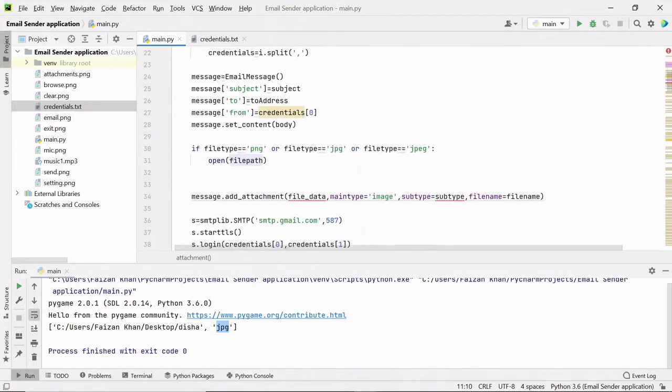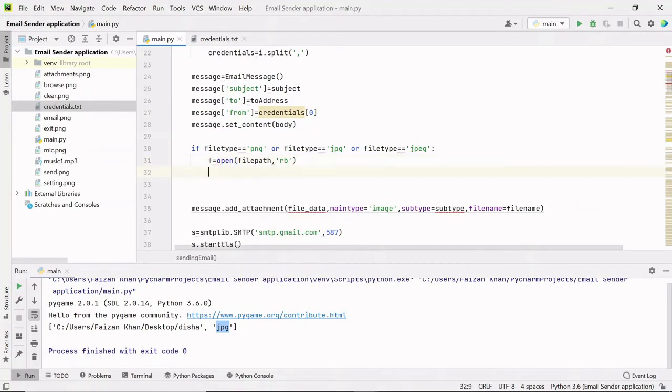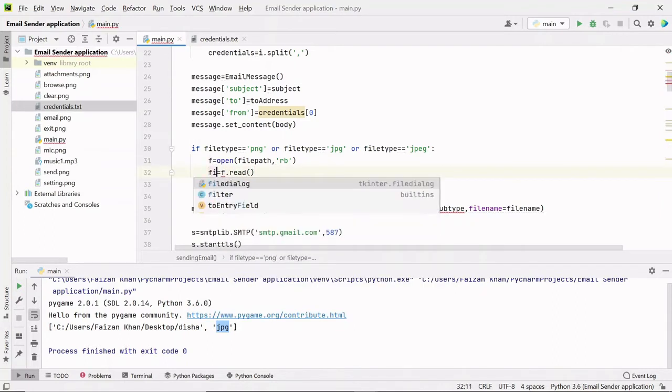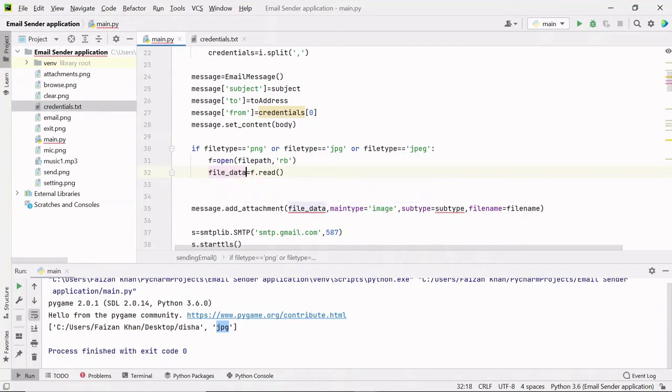So that complete file path I'm simply passing to this open function. I'm going to open this file in binary format for reading, and I'll name this file as f, and then I'll read the data of this file and will store the data inside some variable which will be nothing but file_data, the same variable which we have passed to this add_attachment method.